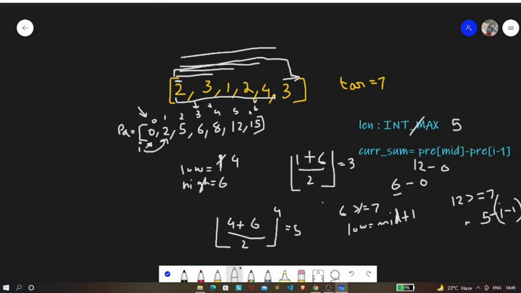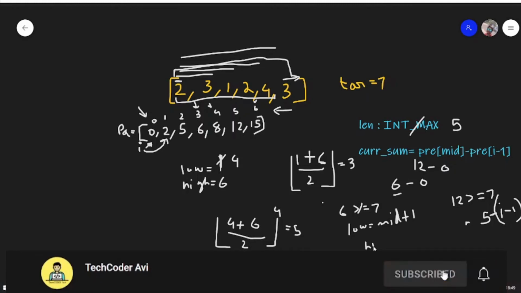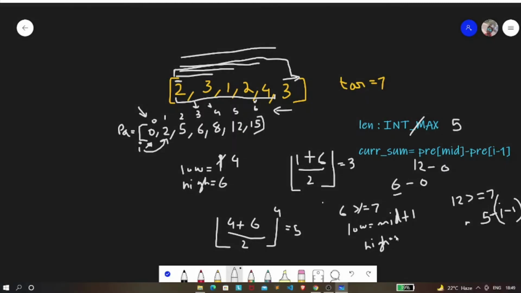So since we want to minimize the length, we are going to go in this direction, and thus we are going to make our high as mid minus 1. So this is going to be our high. Our high is currently at index 6, and our mid is at index 5, so if you subtract, it will be at index 4. So our low is also at 4 and our high is also at 4. So if you find the mid, it will be 4.